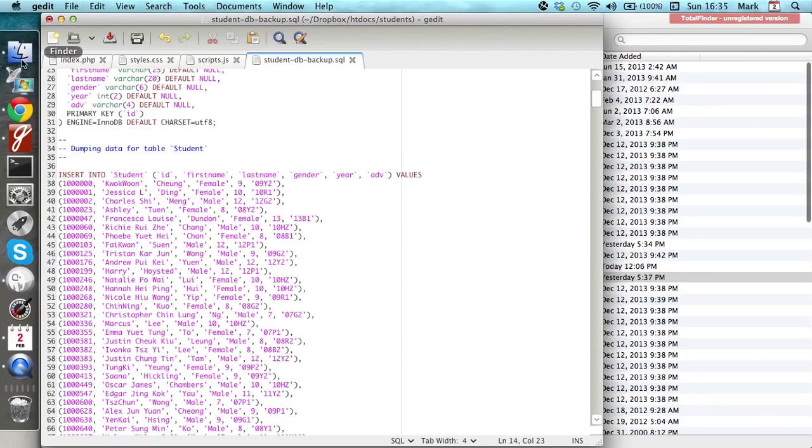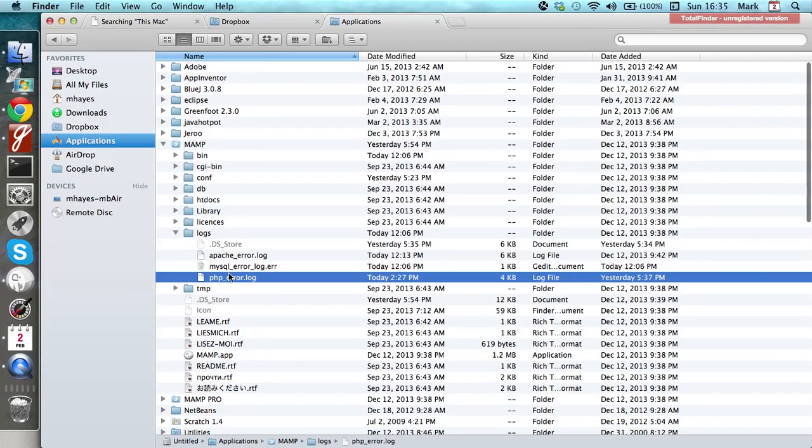Sorry, go back to the Finder. So these are logs that are maintained by the servers, and you can check in here. This is in Applications, MAMP, Logs, and then these 3 logs. So those are places to look when things don't go your way and you realize you're not macho supremo